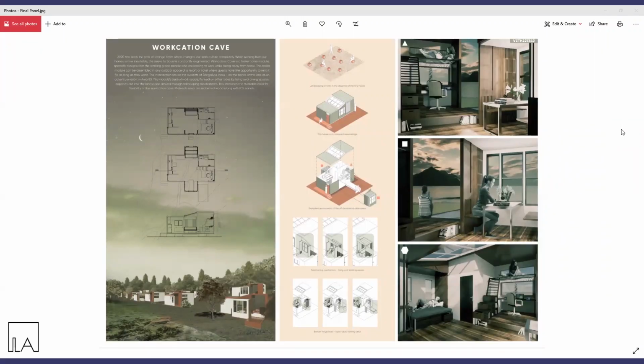Hey guys, so today we'll be looking at composition of panels. Now the panel could be for any purpose, whether it be competitions or any other work that you actually want to put out. It is very important in today's world to have a panel that goes with the idea of your project, as well as signifies all of the ideas behind the project's creation.